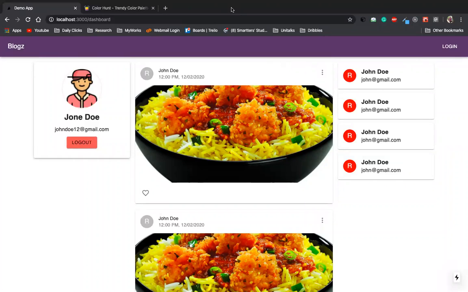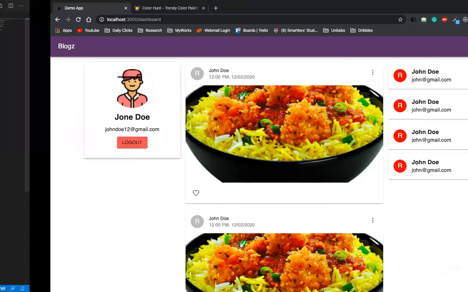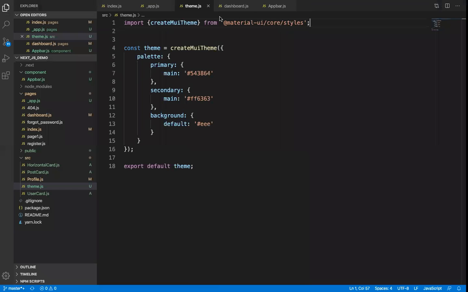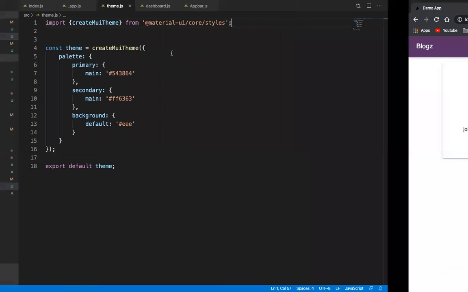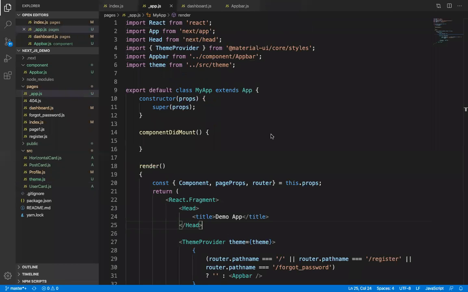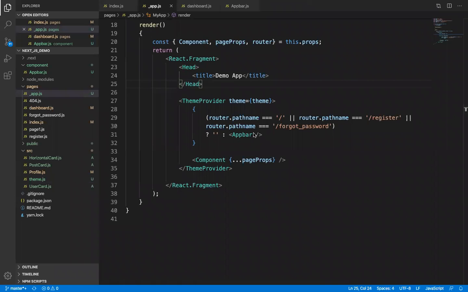Everything that is available inside the theme object, we can override it as per our choice. We can change the h1 size, h2 size, h3 size, body1, body2 sizes. We can even change the corner radius, default elevations. So now we'll go towards the API call. Now this is all clear to everyone: how to create a master page and how to do dark mode.